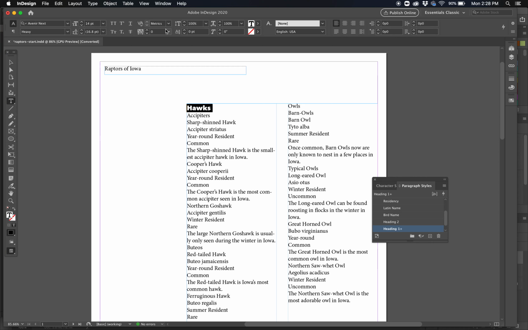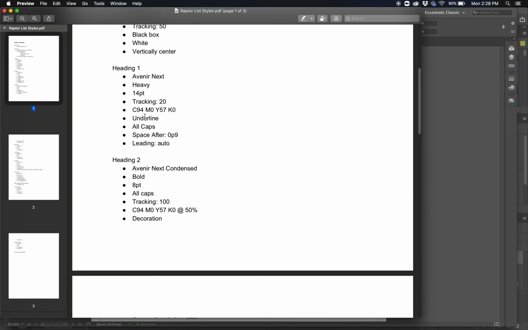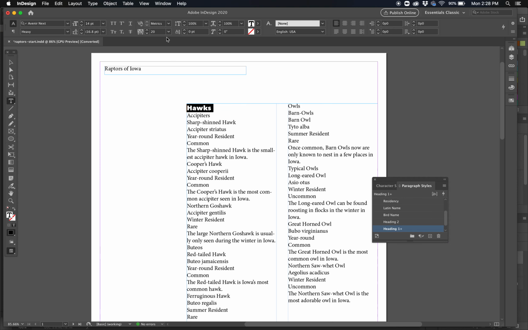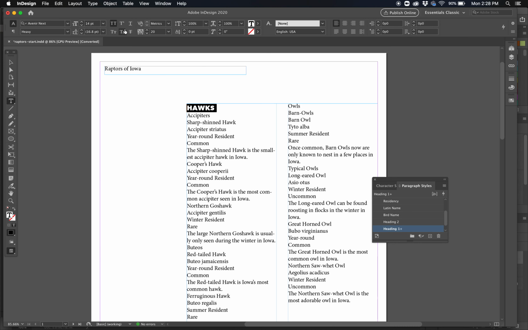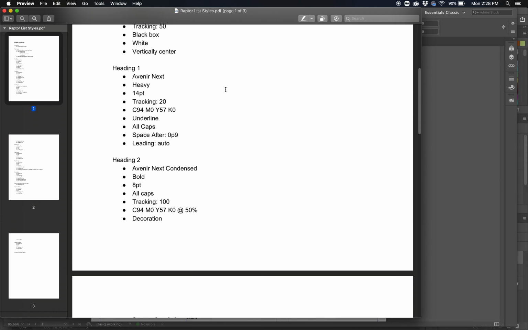I'm going to set the tracking to 20, so I can just type that in. Right? I'm going to make it underline in all caps, and I'll go to the color last. So all caps is right here. What was the other thing? Underline. So here I have an underline. And